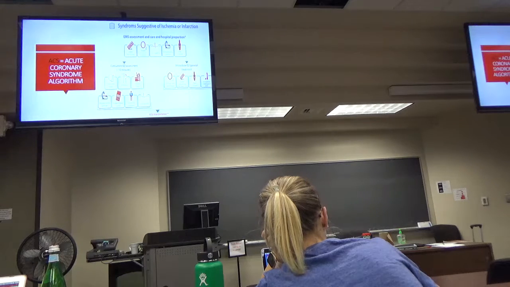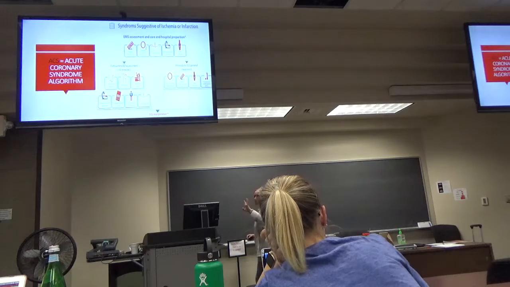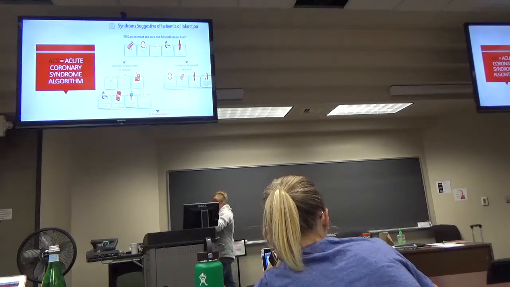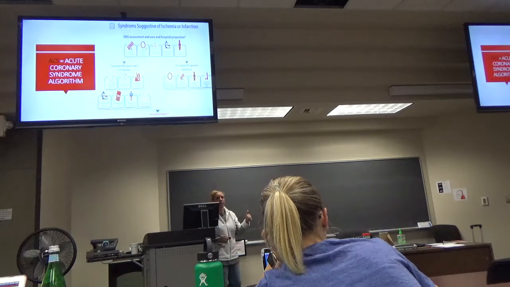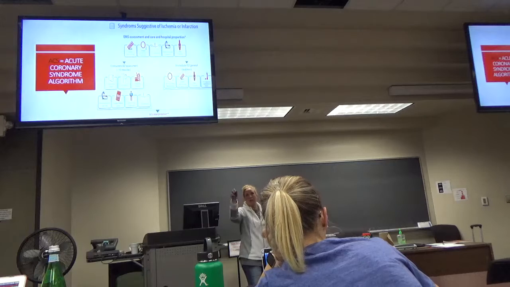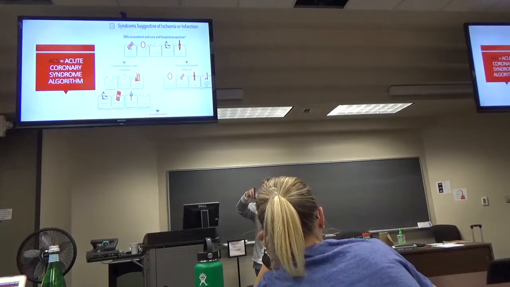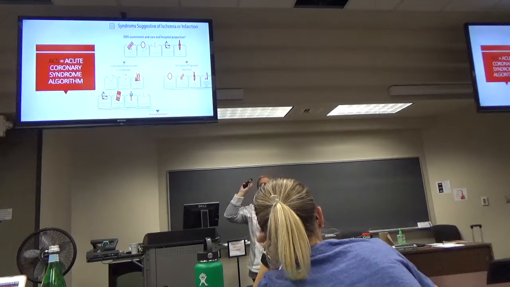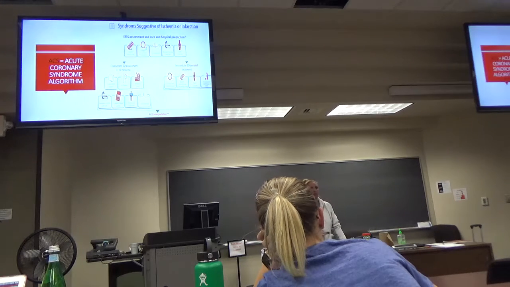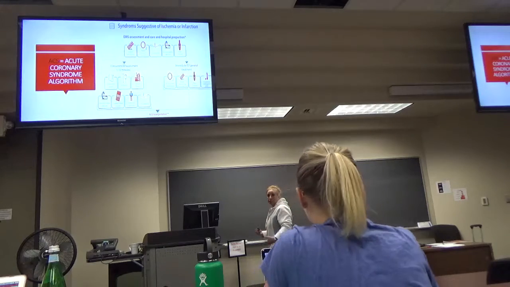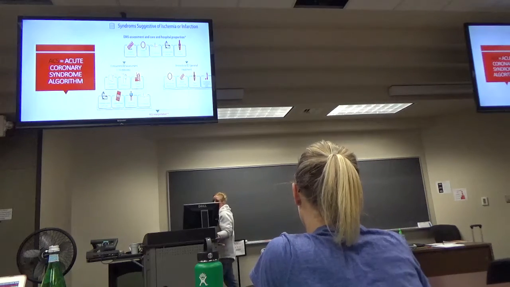We're going through the MONA without the M, right? Giving them nitro for the chest pain. Obviously nitro only if, what parameter are we going to look at, April? Inferior, if it's an inferior MI, don't use it, right? And then also your blood pressure, absolutely. So if your blood pressure is too low, do not give nitro. You've got to have perfusion, and if you drop that blood pressure even lower,